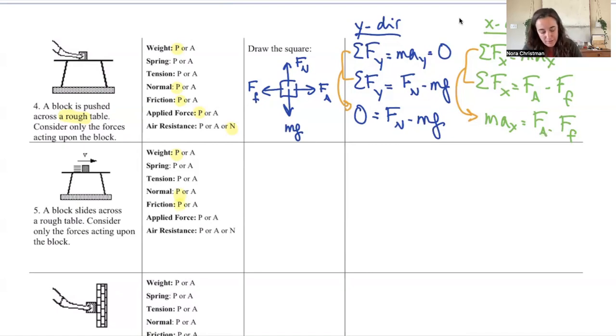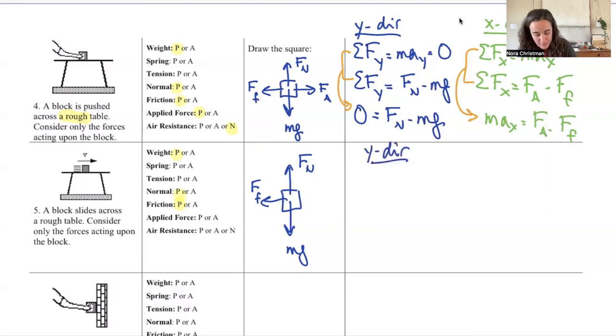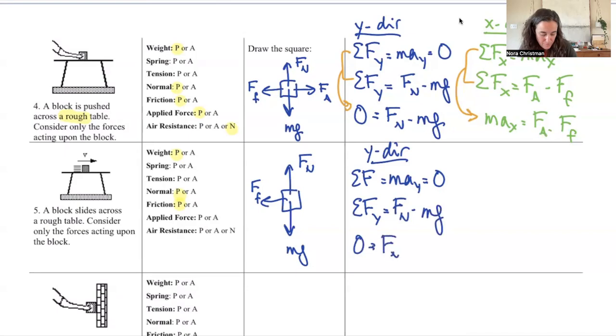And so when we draw our diagram, like before we have mg down and Fn up, and like before we have a friction acting to oppose the sliding, but there's nothing acting in the direction of motion. When we set up our net force equations, again, this is identical to the previous one in the y direction. But in the x direction,